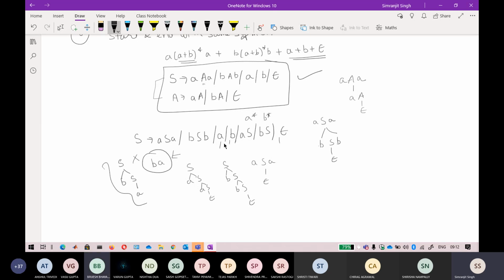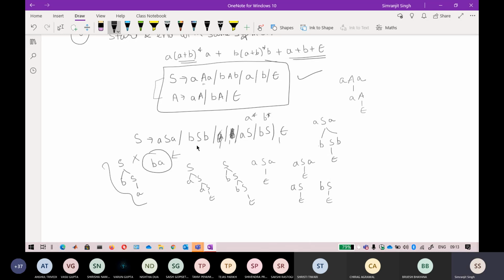Okay, so excuse me, sir. Yeah. Sir, if we remove AS and BS from the following grammar, then I think it might work. It might work, but yeah, I think you are correct. If I remove this one, so it will be ASA, and you will get AA, the smallest one. So AB you can get from AS, then there is an A. Yeah, absolutely. I think just let me see if there is anything that I'm missing here.